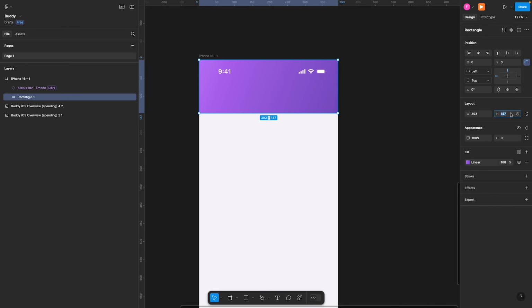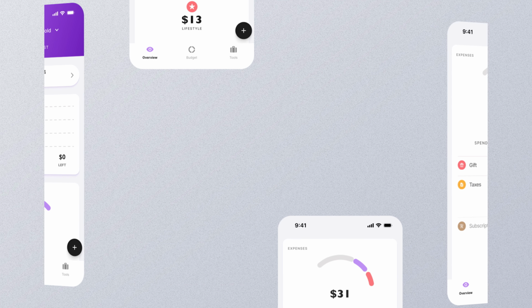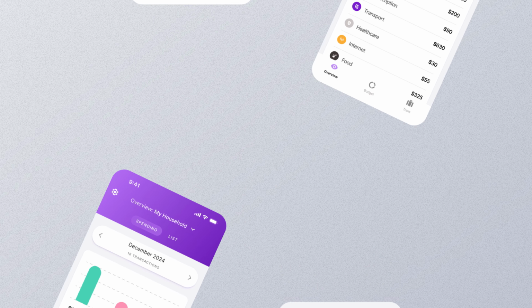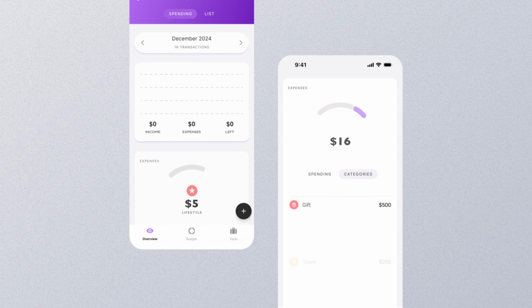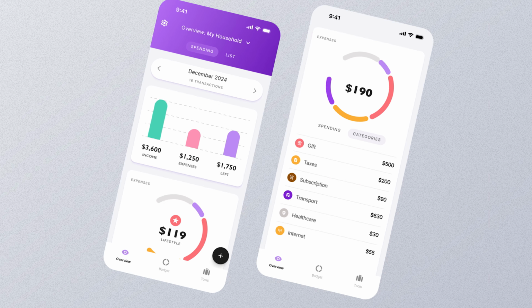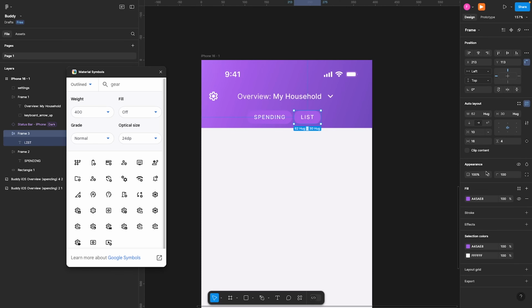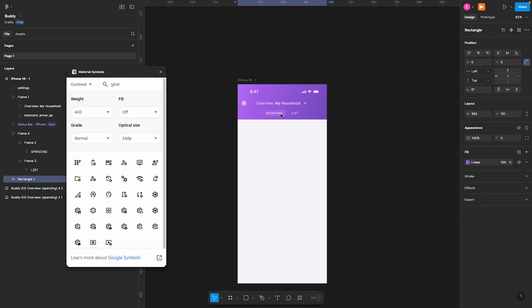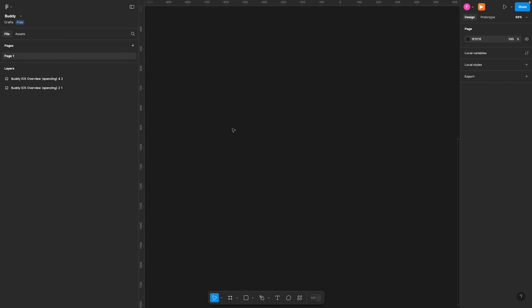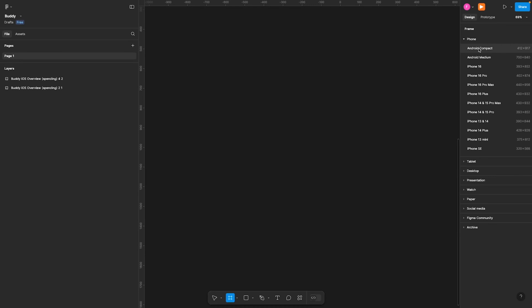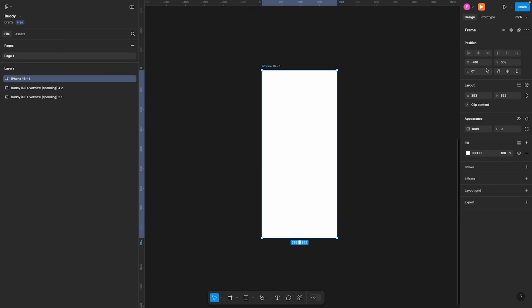Today we'll be learning how to design Body. Body is a fintech app, and we will be learning how to design two screens. Those screens would be the overview screen and the expense screen. So let's dive in. So first of all, press F to get the frame, and we'll be using 393 by